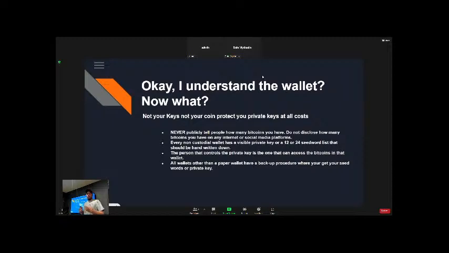All wallets other than paper have that backup function. They'll show that to you, and you'll get your seed that way. And they'll be generated typically within the device, or sometimes you can generate them externally as well. All wallet apps, computer wallets, hardware wallets can be restored in the event of you losing your device. So if someone steals your phone, but luckily you have a PIN on it, you can back it up into a new device. And then you have all your Bitcoin again with those 12 or 24 words or the private key.